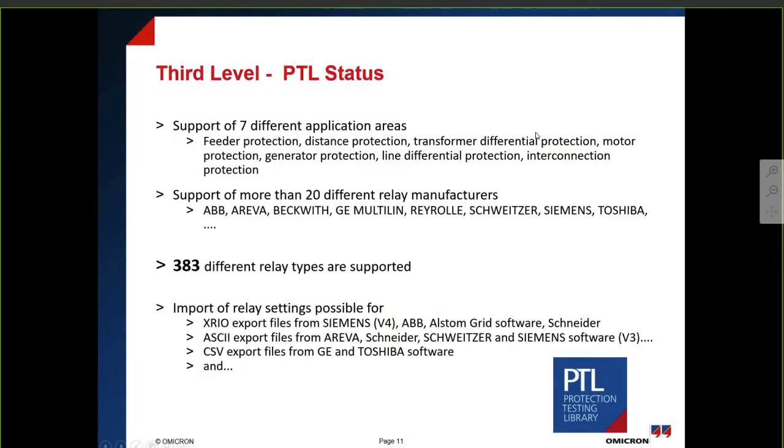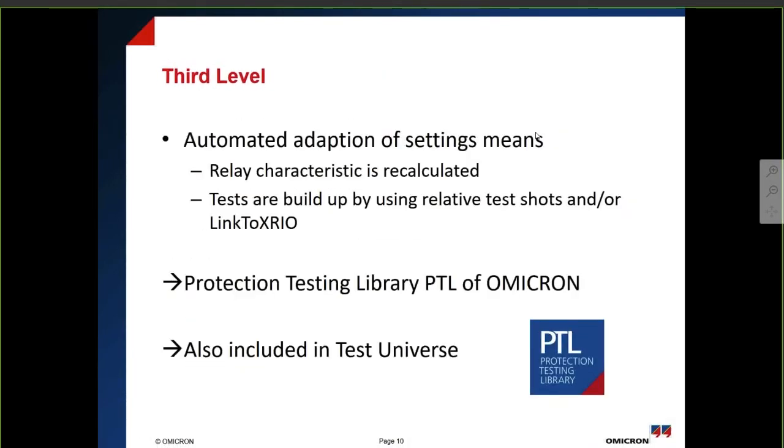So we have the first level. This is, as we said, the OCC, and second, that's the OCC with the REO, and we have now the third level. The OCC was linked to XRIO. The word XRIO means Extended Relay Interface with Omicron, and this is not only a relay